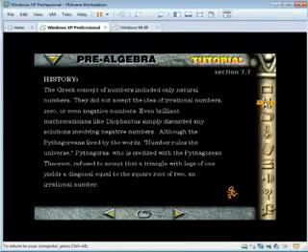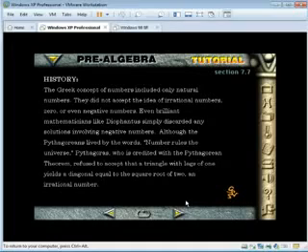practical applications. History. The Greek concept of numbers included only natural numbers. They did not accept the idea of irrational numbers, zero, or even negative numbers. Even brilliant mathematicians, like Diophantus, simply discarded any solutions involving negative numbers. Although the Pythagoreans lived by the words, "Number rules the universe," Pythagoras, who is credited with the Pythagorean theorem, refused